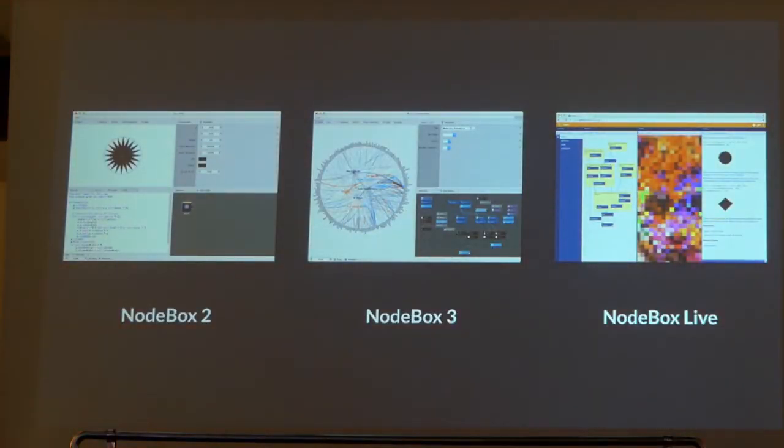The whole thing got a bit complex over the course of development, but basically we made several versions. Notebooks 2 works significantly differently, we don't support that anymore. But Notebooks 3 and Notebooks Live all use the same model of evaluation. The difference is that Notebooks Live runs on the web, and Notebooks 3 is an open source application that runs on the desktop.